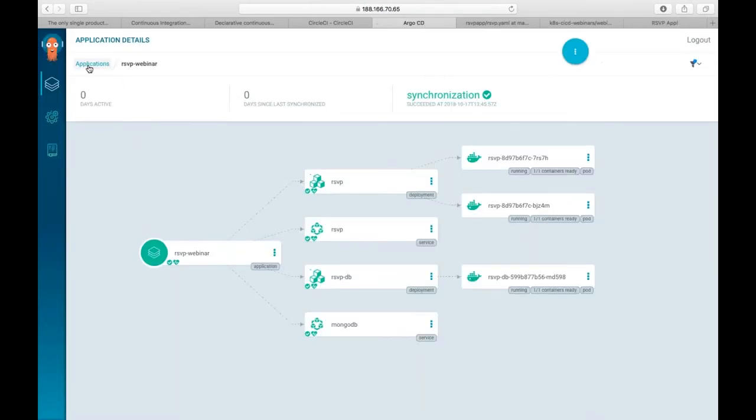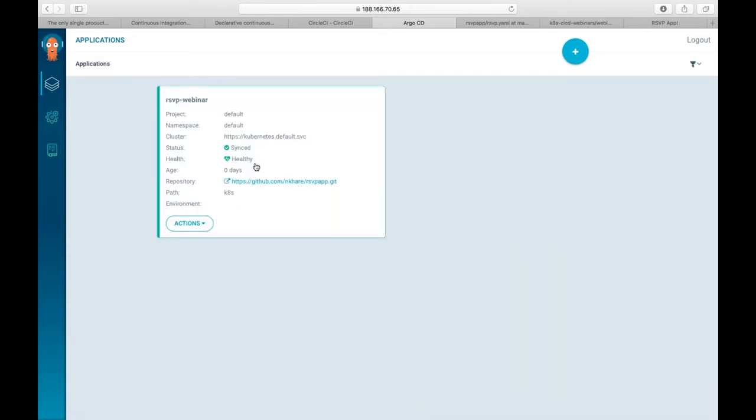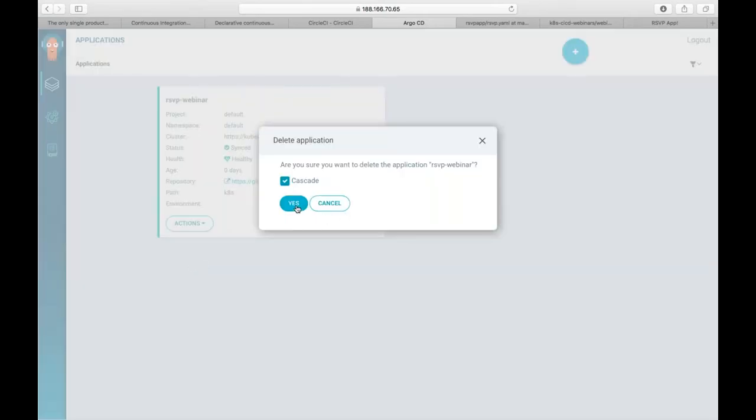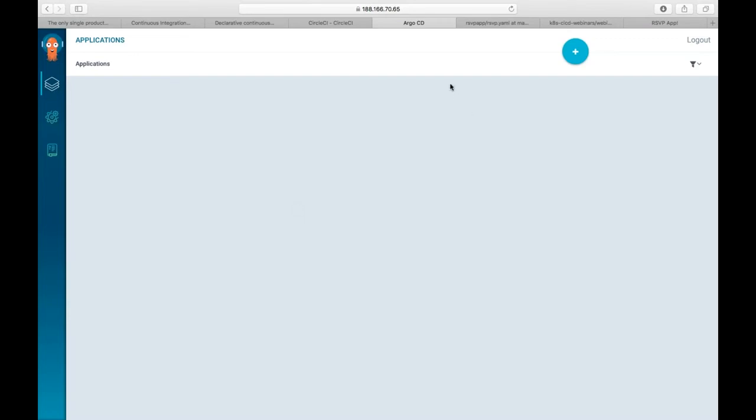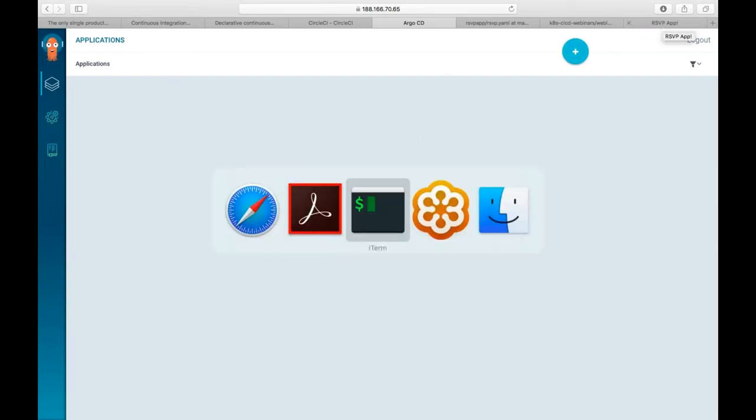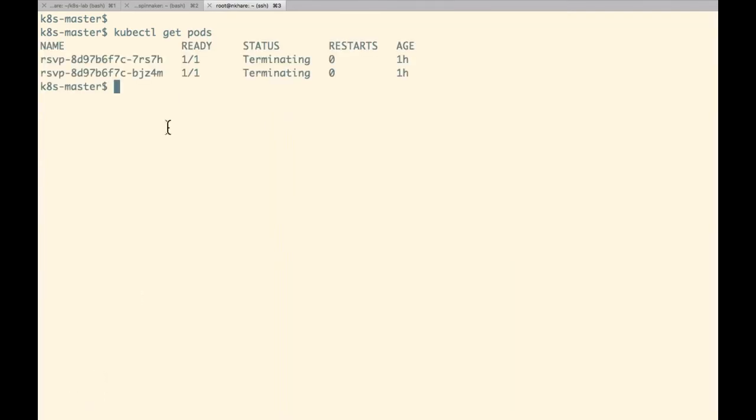Let me go ahead and first, to show the demo, destroy this particular application here, which is going to delete our deployment as well. So let's deploy it so that I can show you all the steps. Our application is now gone, and if I look at my kubectl get pods, you would see my front-end application is going away now, right?